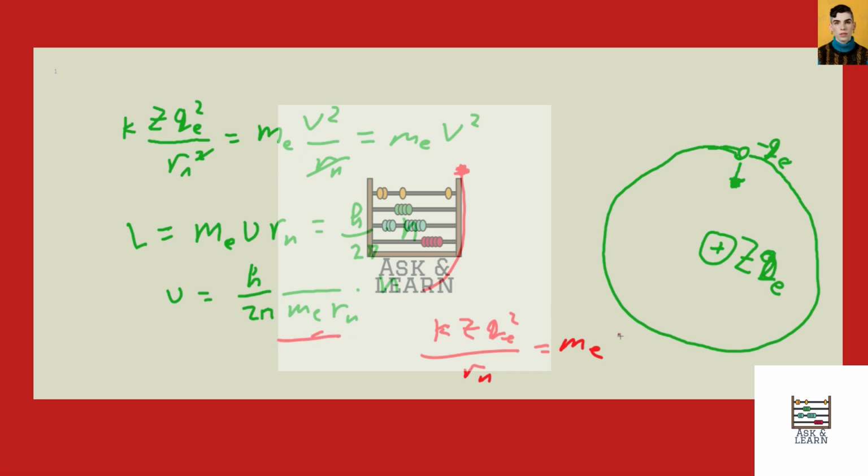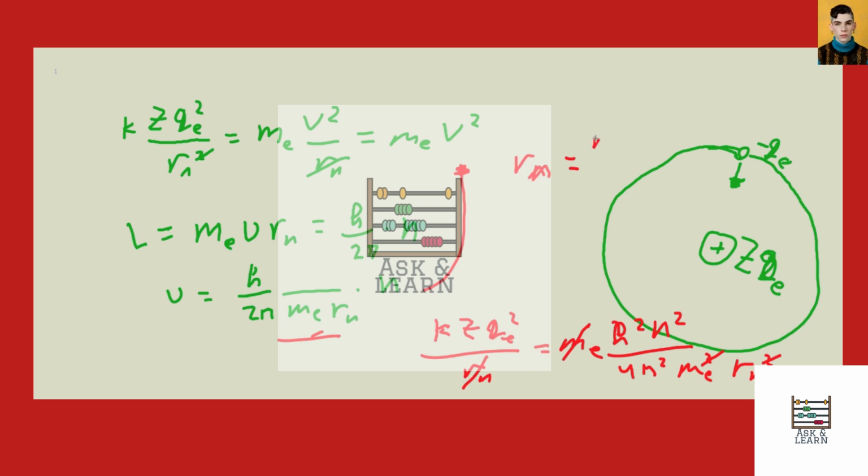So we have h squared n squared over 4 pi squared m_e squared R_n squared. So M cancels and R cancels, and we can rearrange this and find R_n from here, which would be